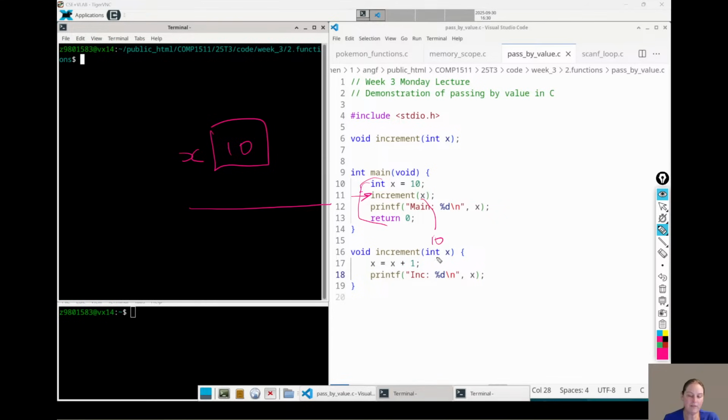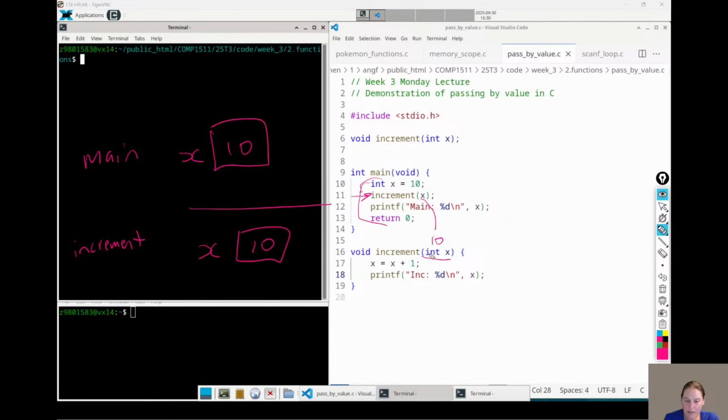The increment function's parameter happens to be called x, but it's not the same variable, okay? It just happens to have the same name, but this could be called anything. So this ends up having a value of 10.